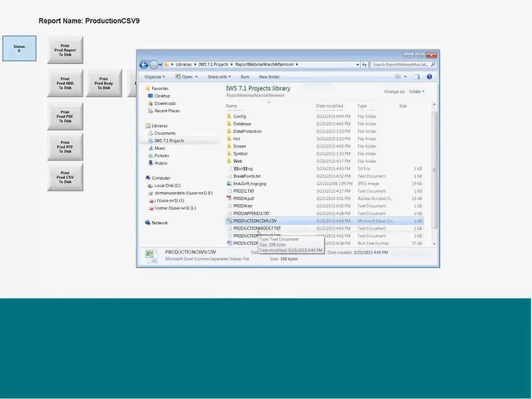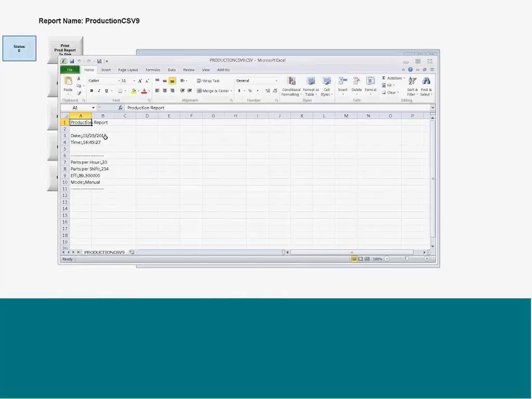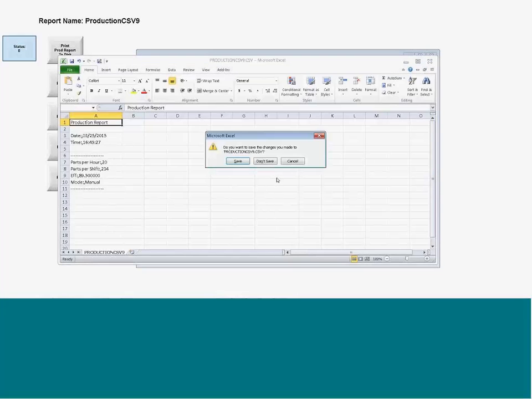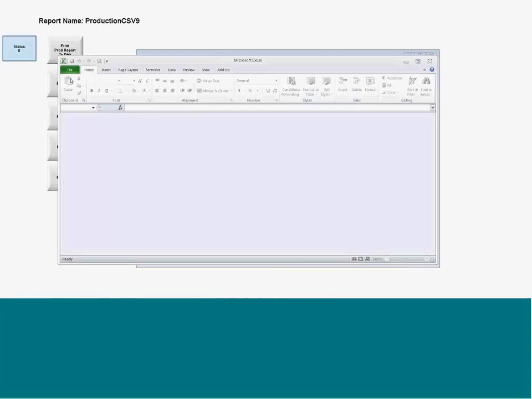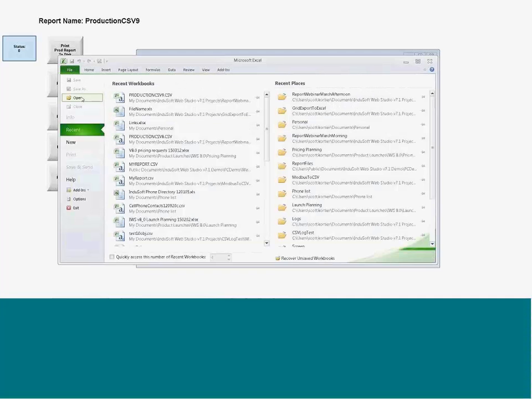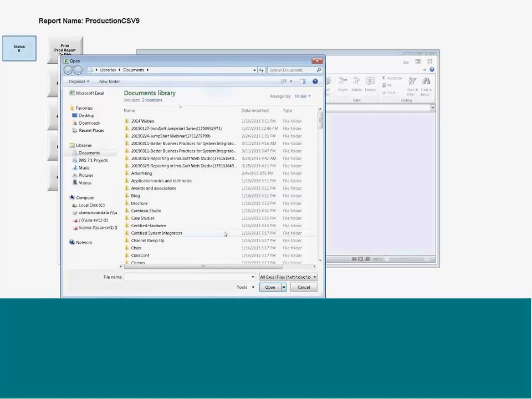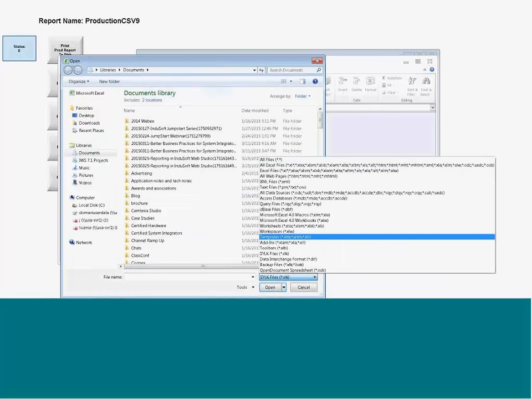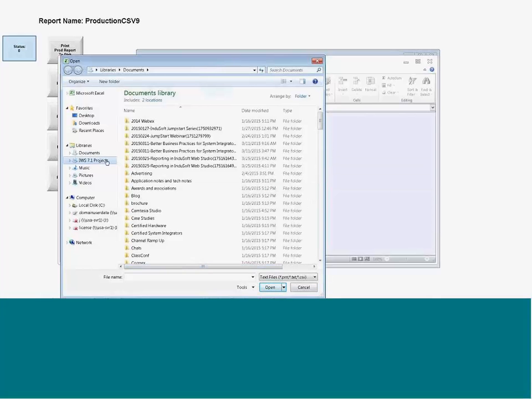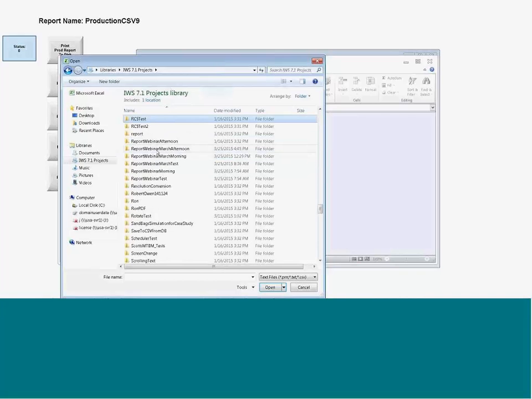Now, one of the things to note is, in this case, the CSV file extension is associated on my computer with Excel. And if I just double-click on this, it will open it up in Excel, and it will not use those commas to delimit the different columns. You can see the commas are in there. If I close this document but keep Excel open, and use File Open and tell it, instead of using the Excel file format, to look for the CSV file format, and I navigate to my project here,